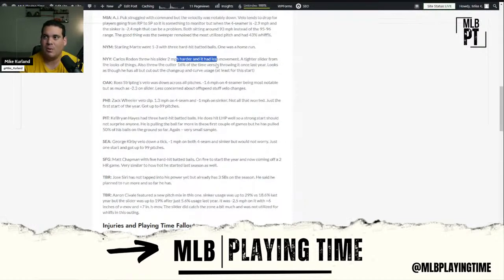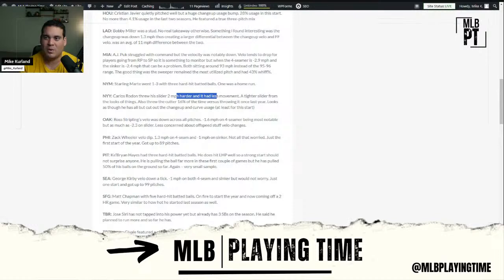Now I almost wish he had more of the sweeping slider to go against that cutter. Because the cutter and a tight slider are both tighter pitches, but one moves a little slower than the other. If you had that sweeping motion, whereas the cutter is a tight moving fastball, maybe that helps. I don't know. I'm not a pitching guy altogether, just where my brain goes with this stuff.